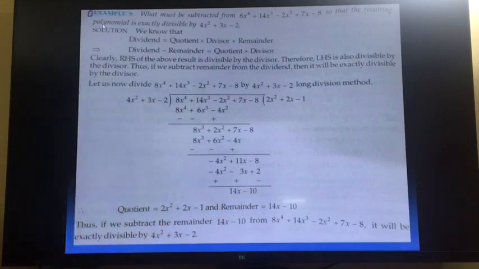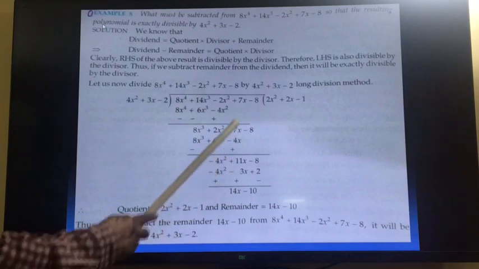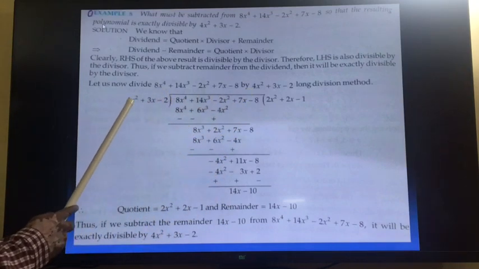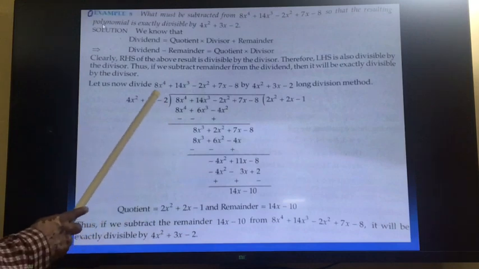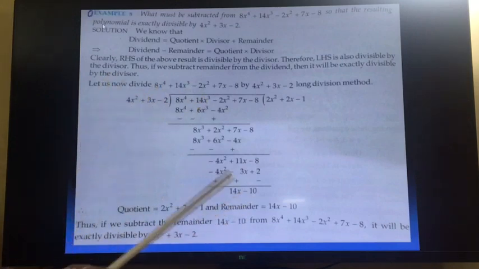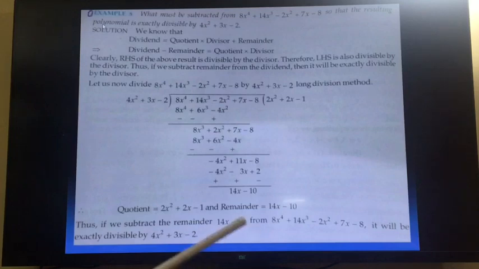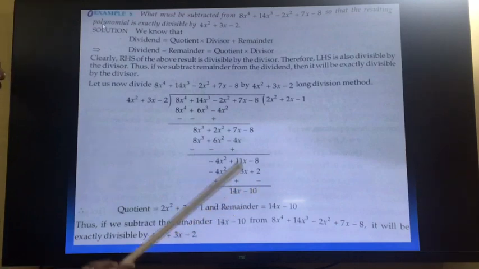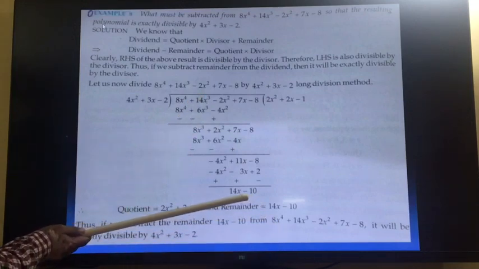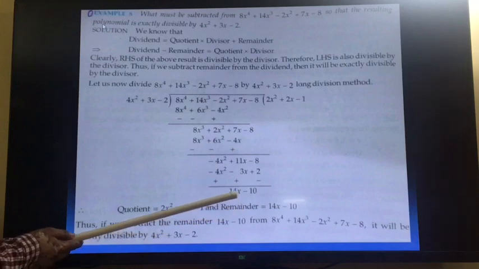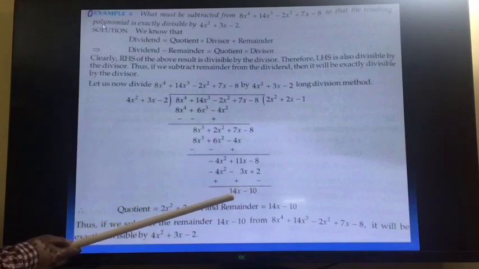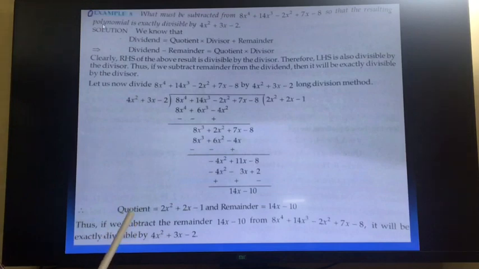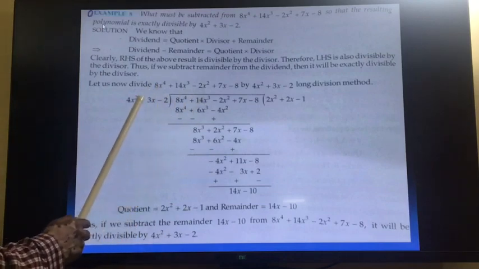This was the divisor. But the question is, what will you subtract from this so that this should be divisible? If it is divisible by this divisor, then the remainder should be 0. Right? So what will you do? You can put this equal to this quantity, whatever is the remainder. This value we will subtract to get the remainder 0, because this much is extra here. After dividing, this much is the remainder here. So this balance is extra, so we will subtract it to get a number divisible by the divisor.